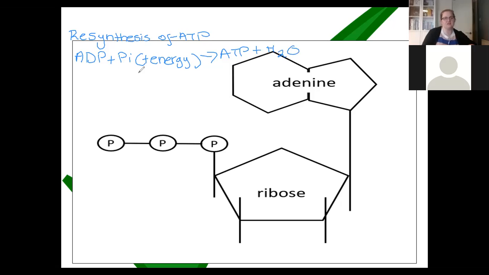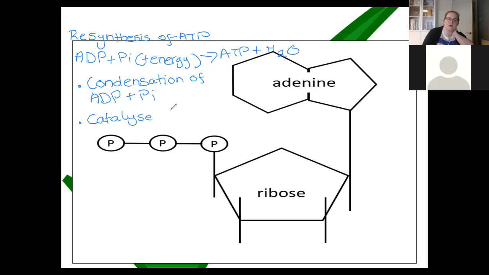Okay, so as you can see, there is an addition of water happening here, so this is a condensation reaction. We have condensation of ADP and Pi. This reaction is again catalyzed by another enzyme. This one is catalyzed by ATP synthase. And this happens regularly during